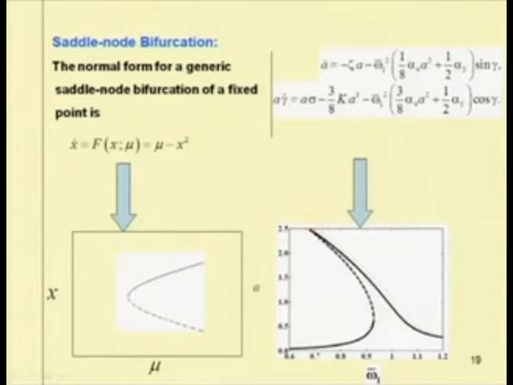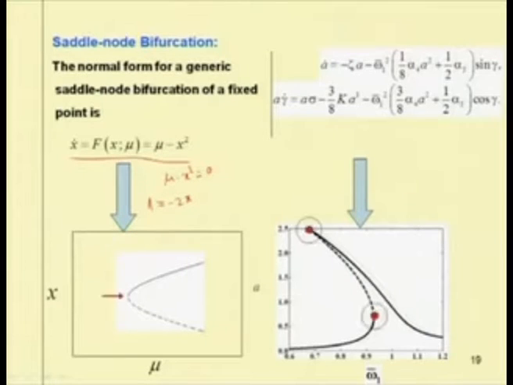So, for example, in this case x dot equal to mu minus x square. So, the equilibrium point becomes mu minus x square equal to 0. So, one can find the equilibrium position mu minus x square equal to 0, and by plotting that one can have these 2 lines. For its eigenvalue, we can find the Jacobian matrix by differentiating this. So, by differentiating this, one can get A equal to minus 2x.